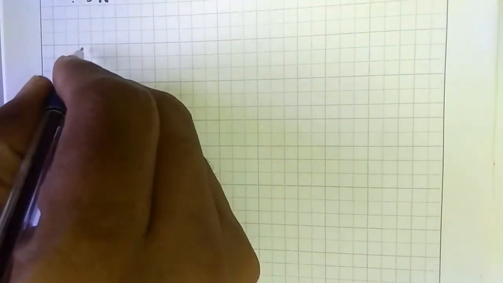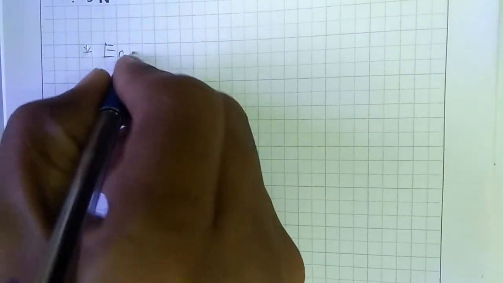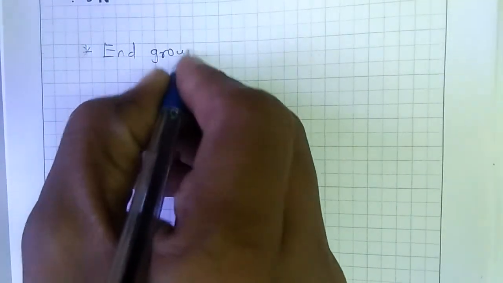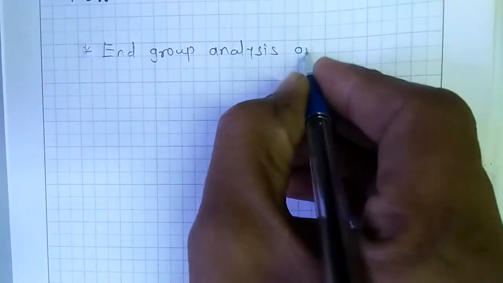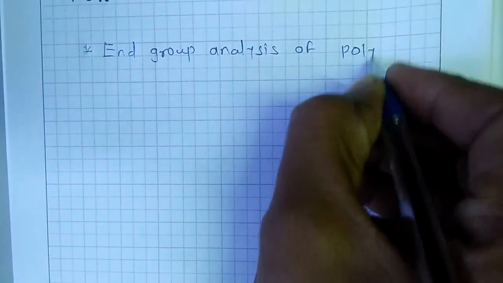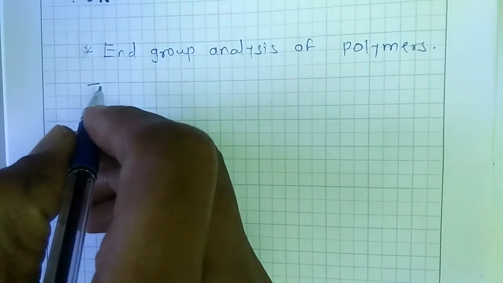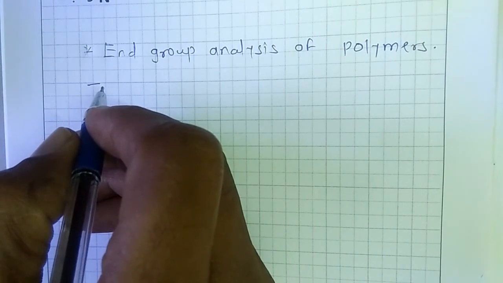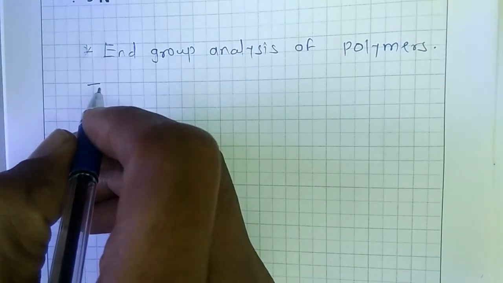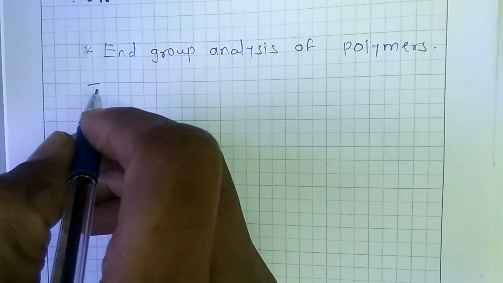Hello friends, students, we are going to see the end group analysis of polymers. So, the molecular weight determination through end group analysis requires that the polymer contains a known number of determinable groups